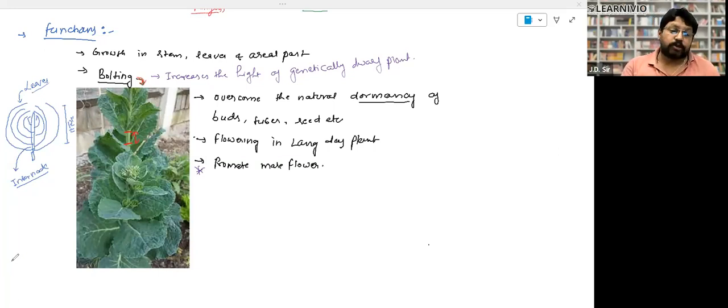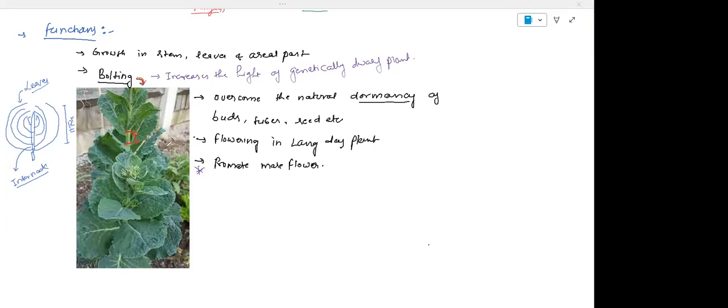So you can see the actual picture. This was a cabbage. We sprayed gibberellin on the cabbage. After some time, you will see the cabbage plant which never becomes more than 1 foot is a 5 feet plant. This is the actual picture of a cabbage, and you'll be amazed. You must have never seen this kind of cabbage. So this process is called bolting. Is it clear? Yes, sir. Gibberellin is responsible for bolting. Please note it down.